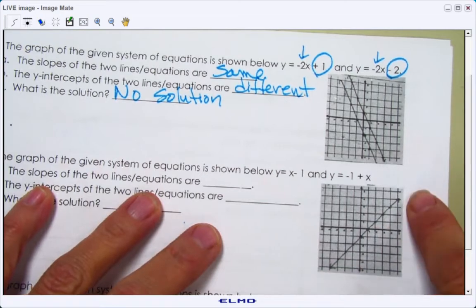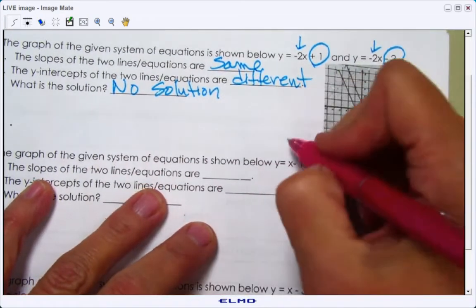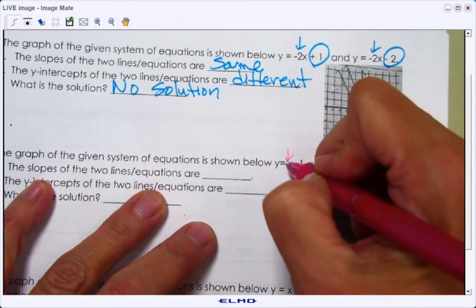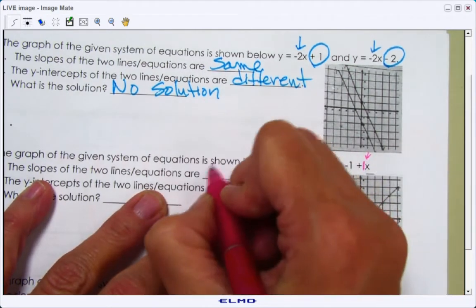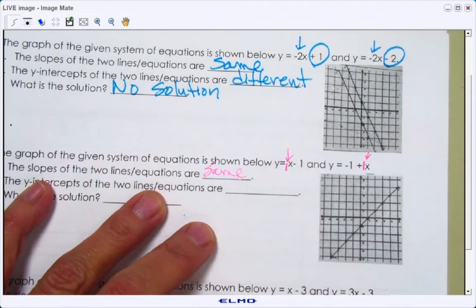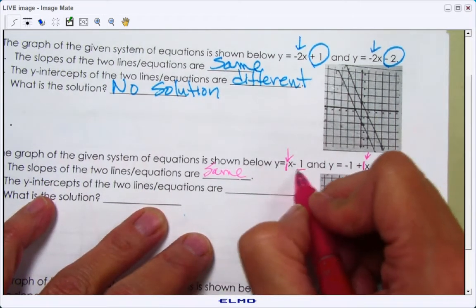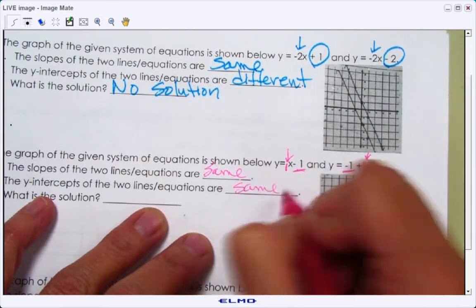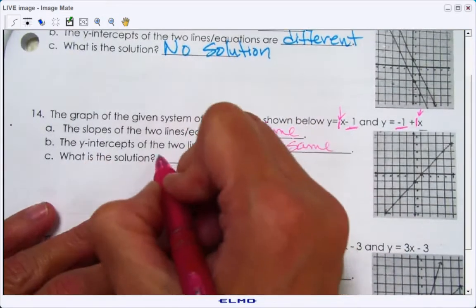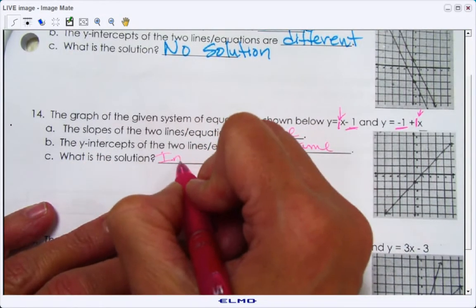This next one, I look at this one right here. They're sitting on top of each other. I look at the slopes. The number sitting in front of x, that's invisible. They're exactly the same. The y-intercepts, this says negative 1, this has negative 1. They're exactly the same. The answer is infinite